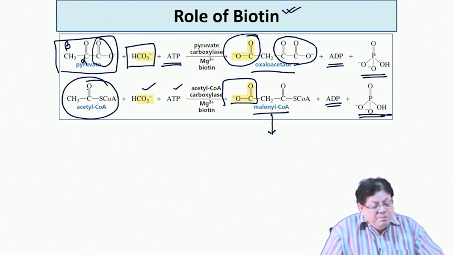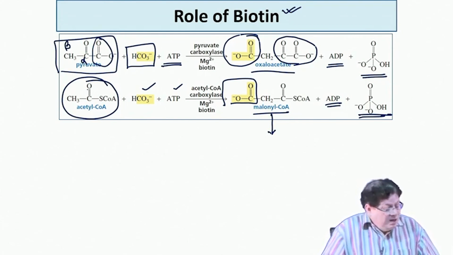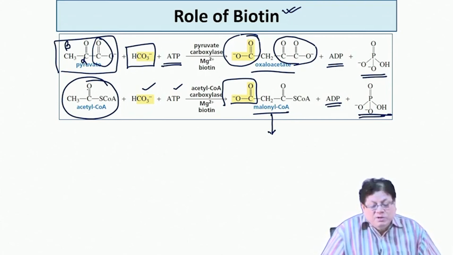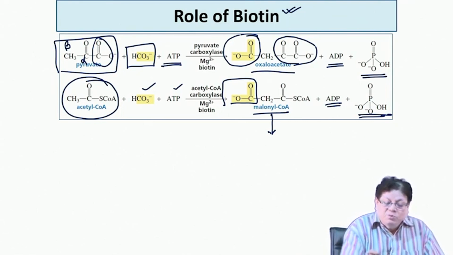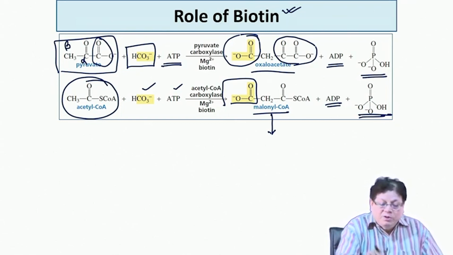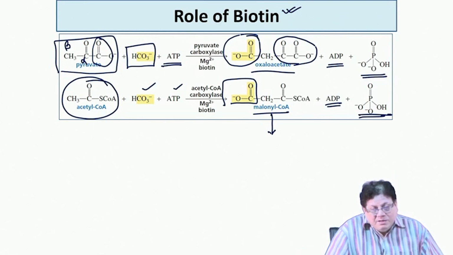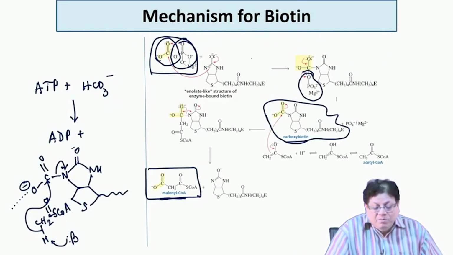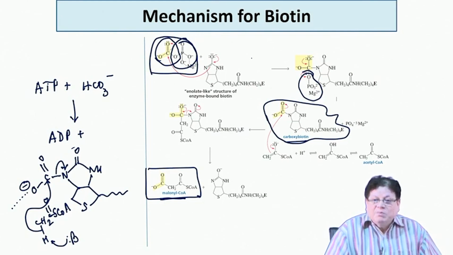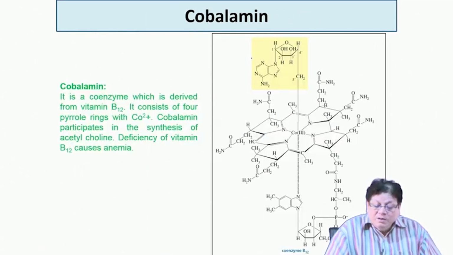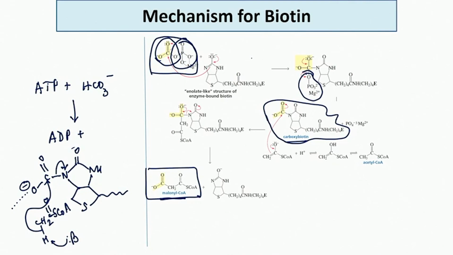So, that is the beta carbon. So, the beta carbon hydrogen is also very acidic. So, that will be abstracted and instead the carboxy group will be put on the beta carbon, and in all these reactions the biotin is again released, and biotin can again participate in the next cycle of reactions in a similar way. Biotin, there is a protein called avidin. The avidin and biotin complex is one of the